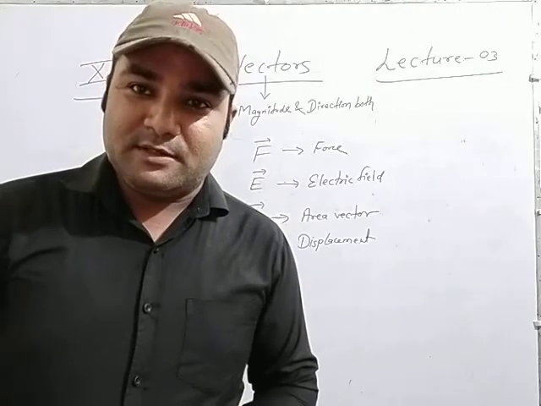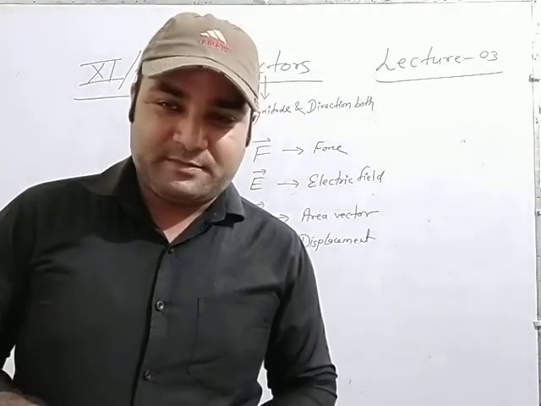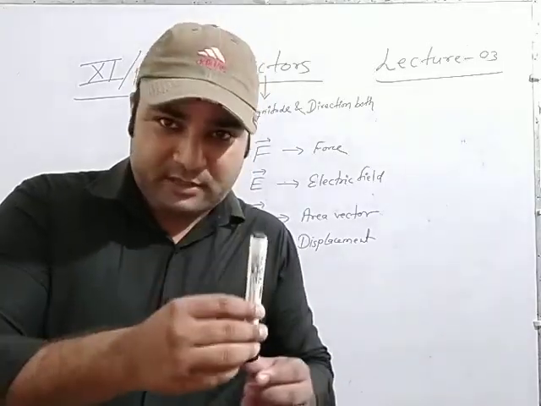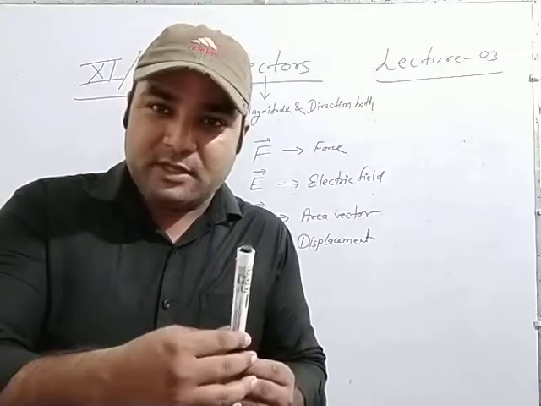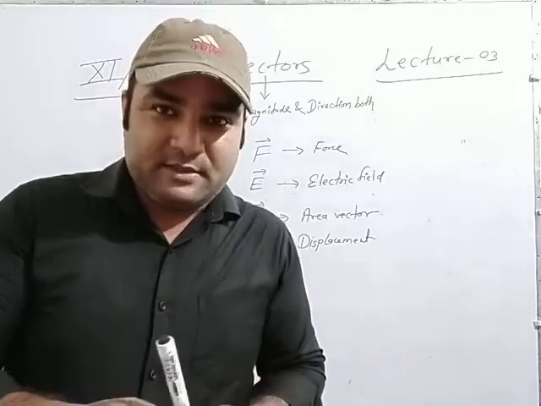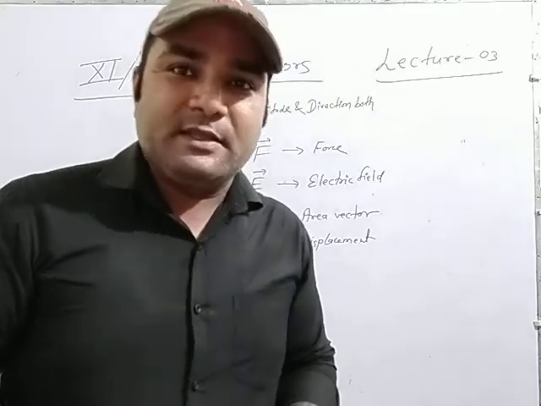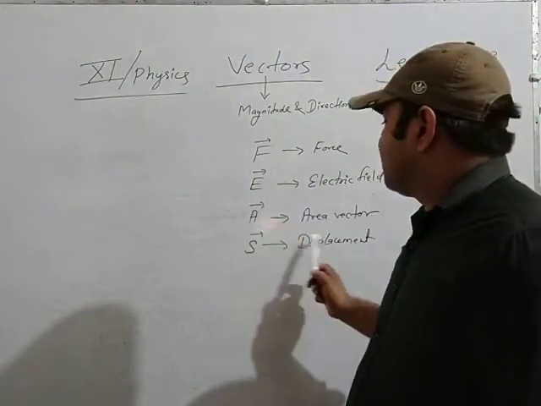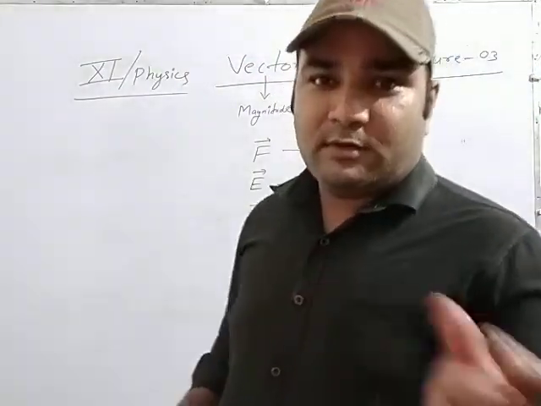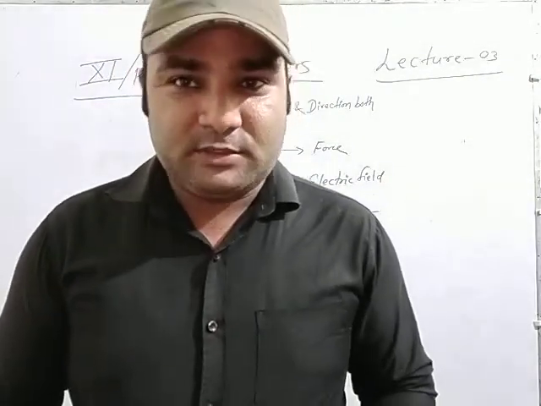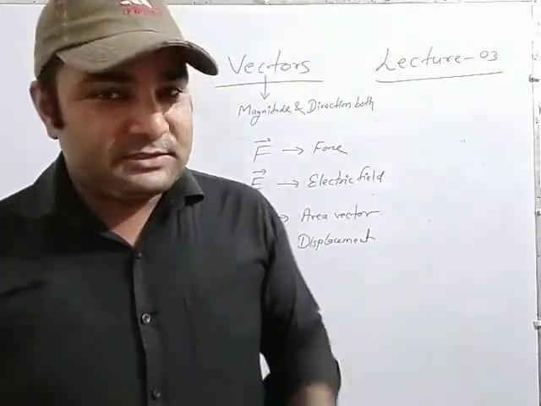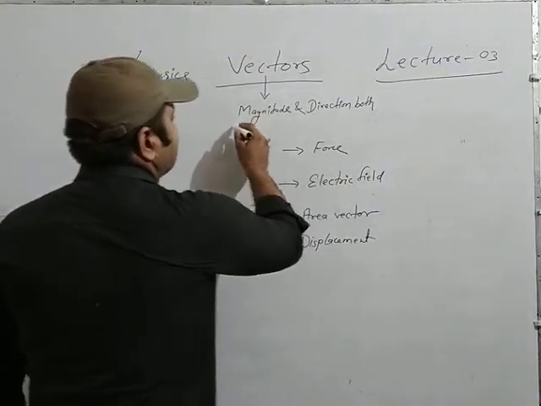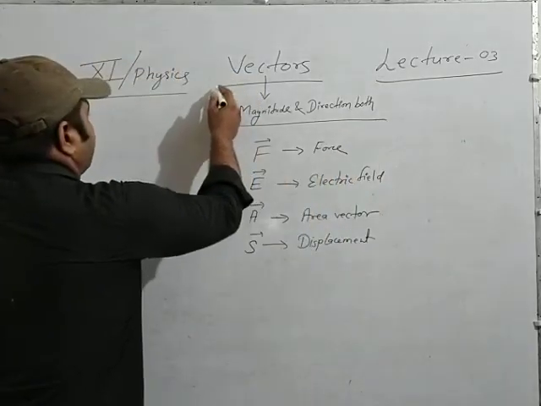How does area become a vector? There is a special concept. When you multiply the magnitude of area with the unit vector that is going upwards, or you say perpendicular to the surface of area or normal to the surface of area, then that concept is the area vector. About area vector, you will see in your upcoming class, that is in class 12. So just after this explanation about vector and its composition of direction and magnitude, the types of vector.